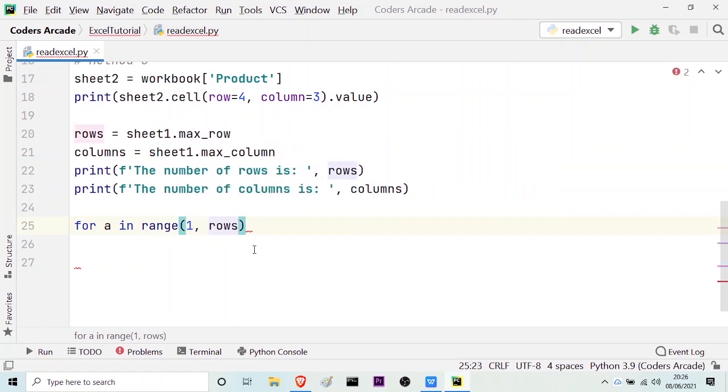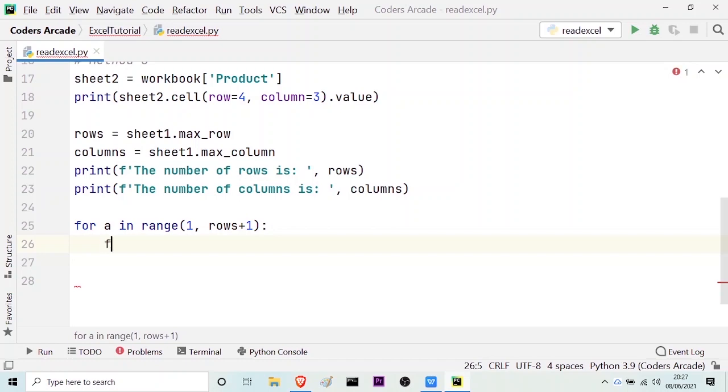and here I have to tell you something very important. You should always remember that when we use the range function, it starts from this lower index and then it goes on to the index less than this value. So the rows will be till 4 and this range will go up till 3. But we want to read all the numbers from 1 till the number of rows. So for that, what we need to do is we have to give +1, then the colon,